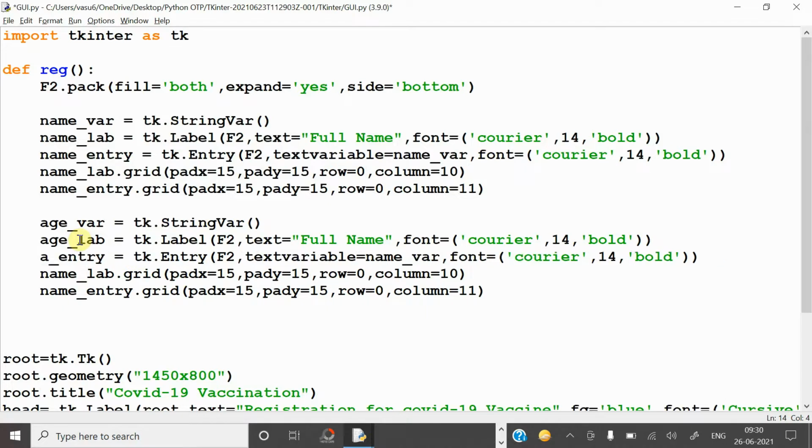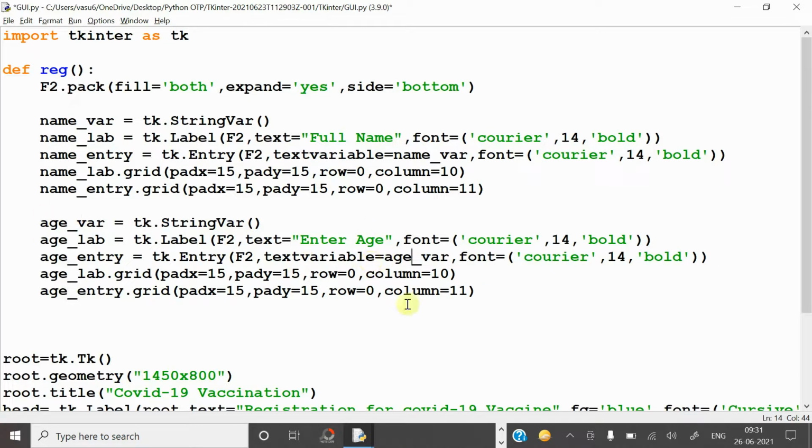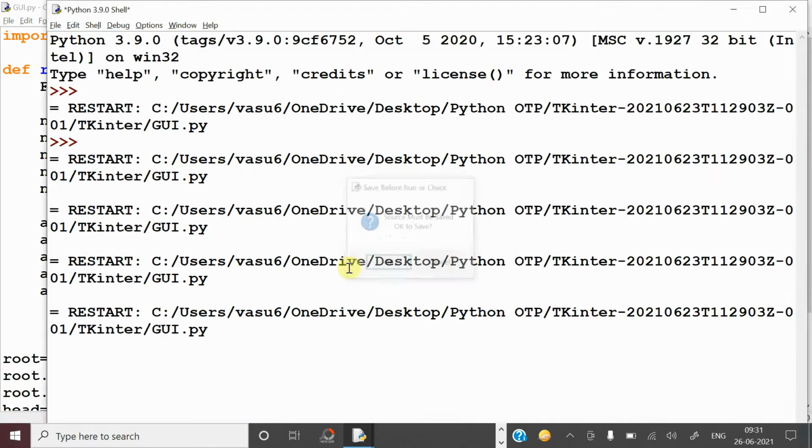Don't waste time in typing continuously. Age. Now here text should be Enter age. Here after taking the age, in which variable it should be kept? age_var. This is the variable. In this variable you have to keep the data. So here it should be under the next row. So I'm giving one space, that's why it's giving the row as 2. Column positions are same. Now run this program and see.